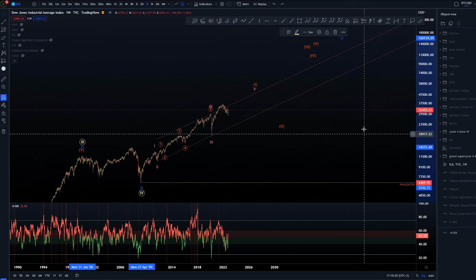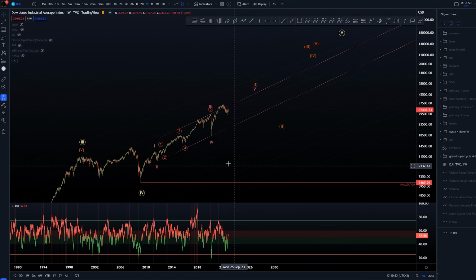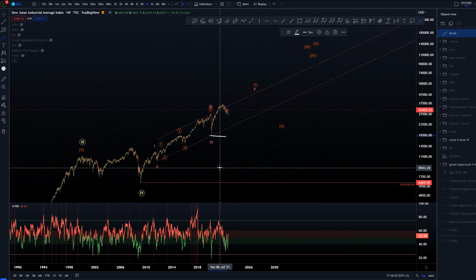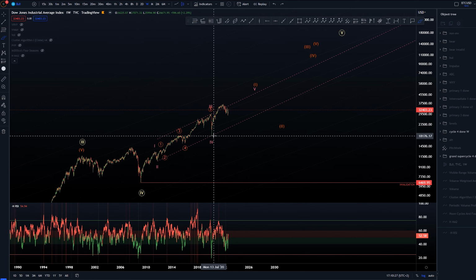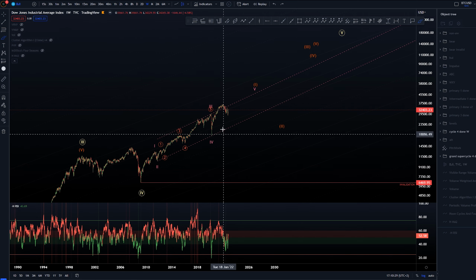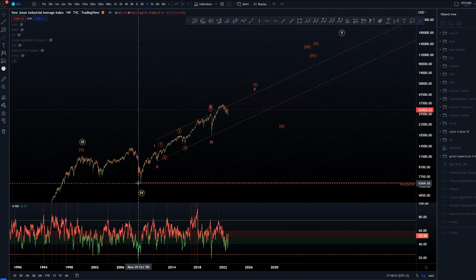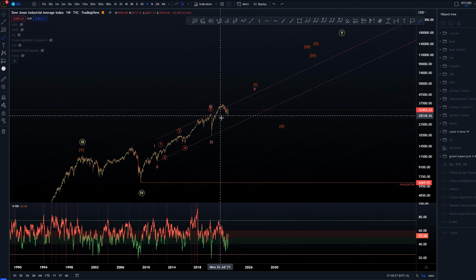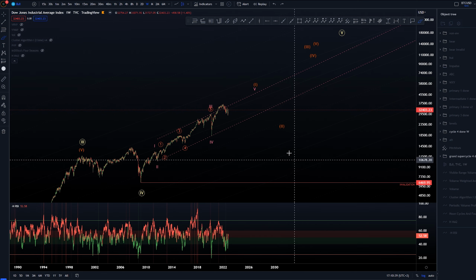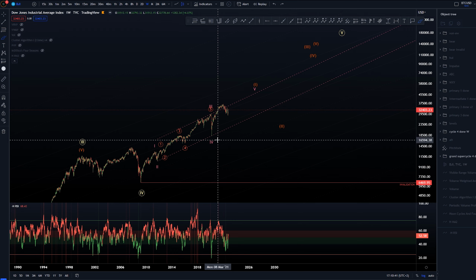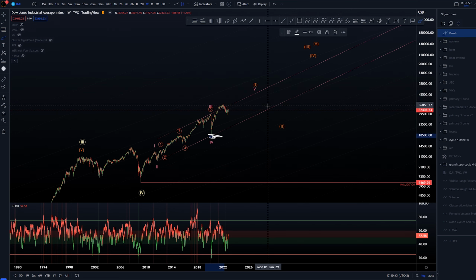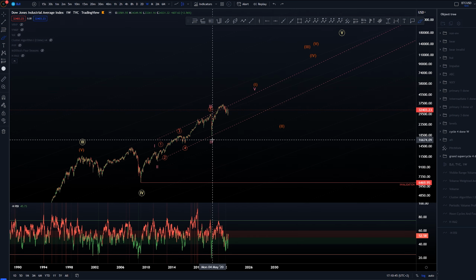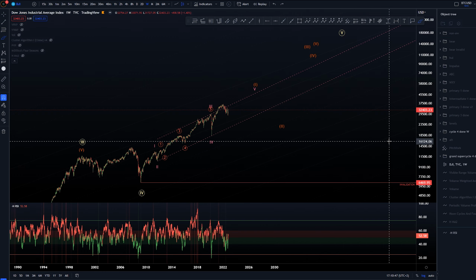I don't really want to think about that possibility before we start to take out these previous structures, especially this one here, the March 2020 lows, and the next part of course would be taking out this low here of the 09 lows around 6k, but that is definitely going to take a lot of time if it is going to happen. But we are just going to be comparing our structures against this low for now.